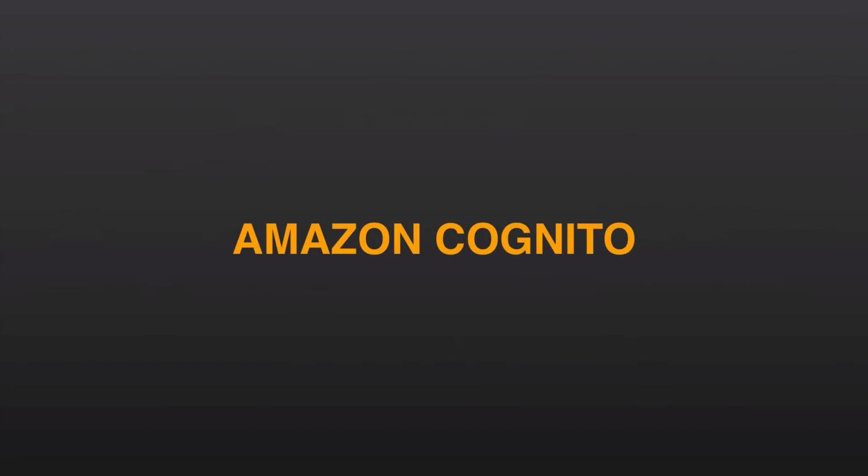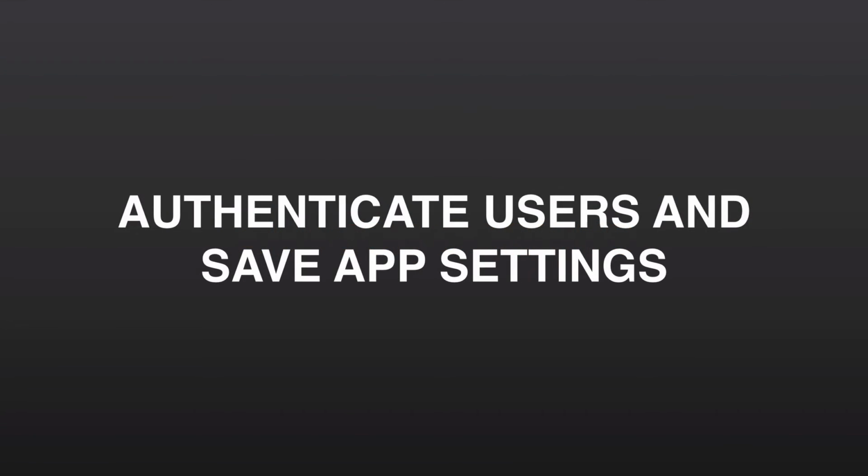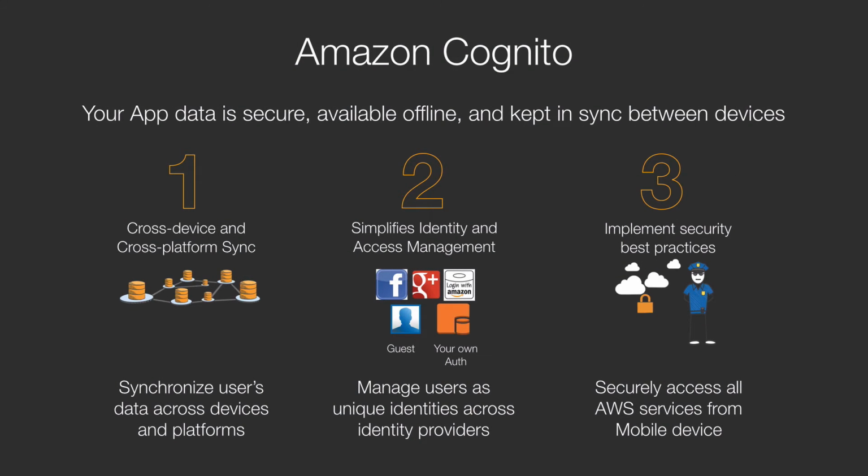The first service that we're going to look at in detail is Amazon Cognito, and this is a service that allows you to authenticate users and save app state settings. What we do here is provide a secure mechanism for storing data, make it available offline on mobile devices using functionality within the mobile SDK. We also provide a highly scalable and very reliable sync function to enable you to synchronize data sets